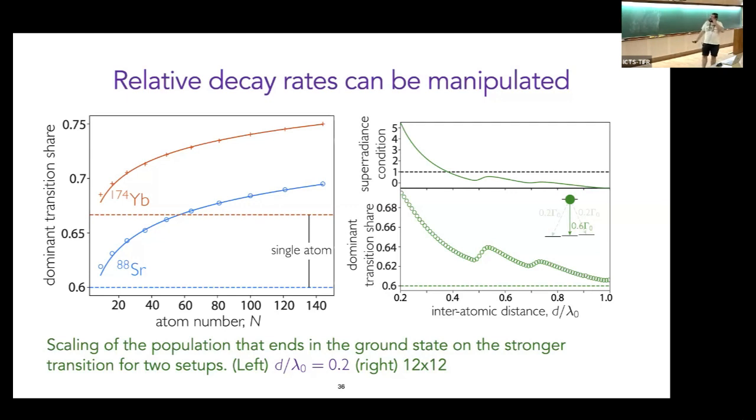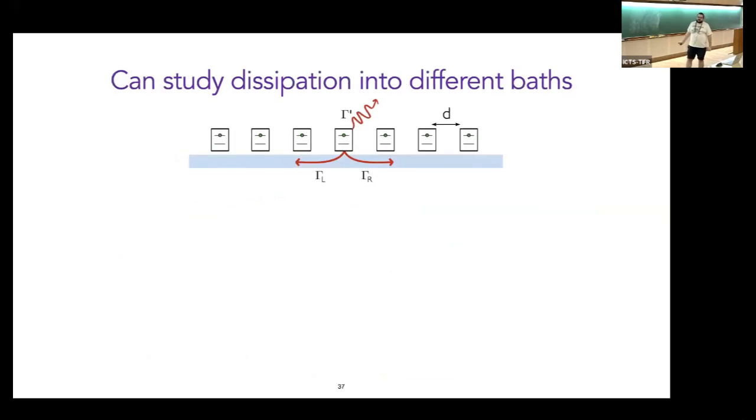Okay, and so this all comes back to ideas of when I have these multiple channels and I have these interactions between avalanches, but somewhere that's much easier to look at those kinds of competitions is in waveguide QED. Okay? So now I have some sort of periodic array of emitters coupled to a 1D channel. Okay, and my 1D channel now has 2 modes, right? It has propagating left and it has propagating right. I can also have some parasitic decay. Okay, so this can be decay into free space or decay via phonons